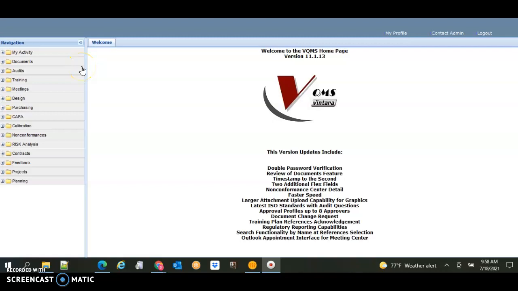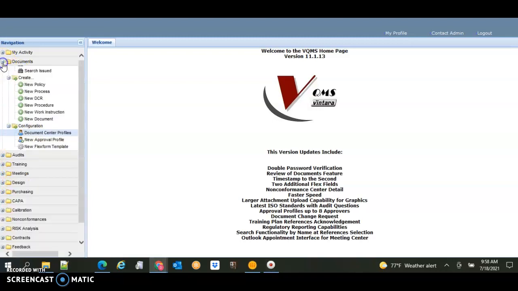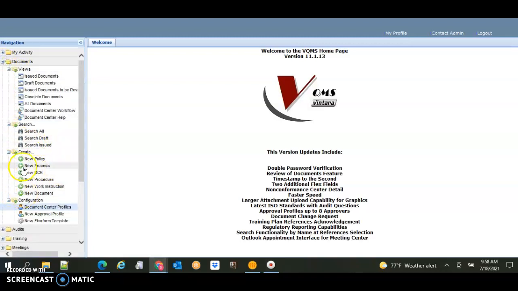This is a demonstration of how to create a document in Ventara. Off to the left, there's a navigation menu which lists all of the centers. We're going to click on Documents, and we're going to go down to where the Create field is and click